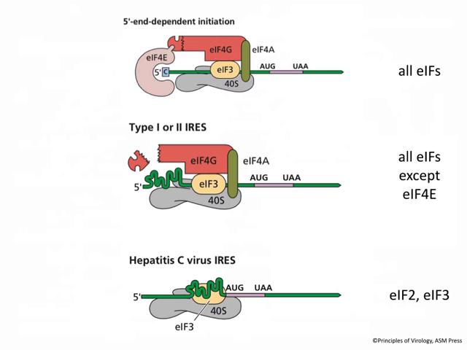So the requirements for these various initiation proteins vary here. Of course, for cap-dependent initiation or 5' end-dependent, we need all the initiation proteins. And we need all of them except EIF4E for this kind of particular virus. And then we only need a few of them for the hepatitis C virus. Now, look at the 4G in this middle panel here. You see I've cut off the 5' end. And we'll see that later on. Again, this happens in cells infected with some virus. EIF4G is cleaved. And that prevents 4E from bringing in EIF4G. So this turns off cap-dependent or 5' dependent translation. We'll look at that in a few moments.